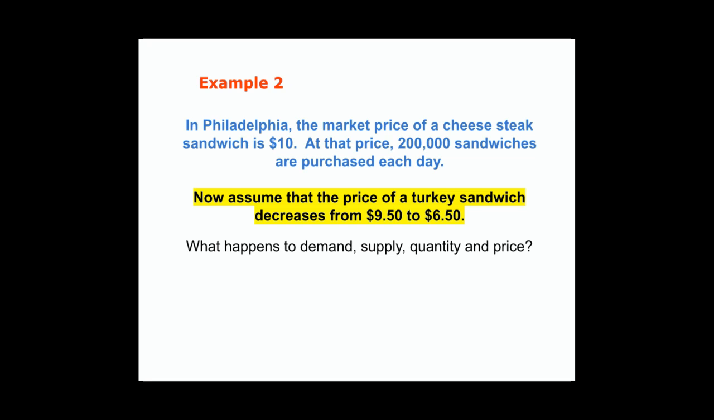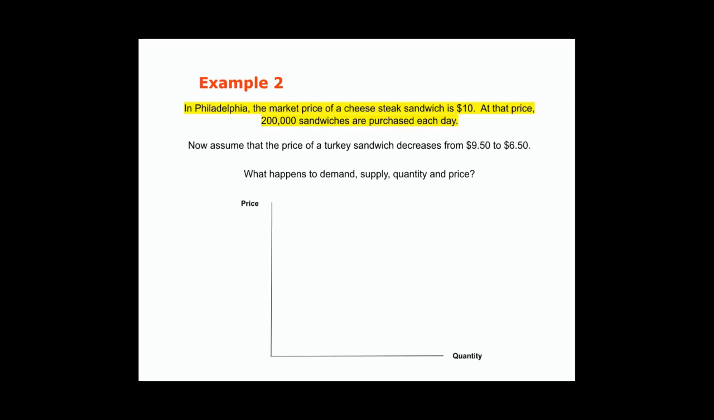Let's say we have the same facts. The Philadelphia cheesesteak, 200,000 units at $10. Now we assume the price of a turkey sandwich decreases from $9.50 to $6.50. Now I know what you're saying. A turkey sandwich is not a substitute for a Philadelphia cheesesteak, but for our purposes, we can assume that it is a substitute for a Philadelphia cheesesteak. And so,